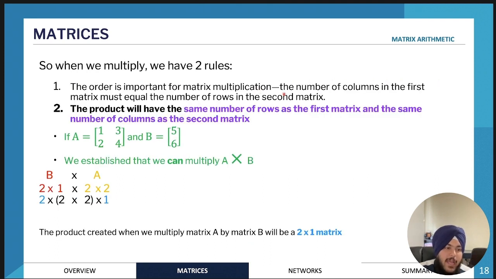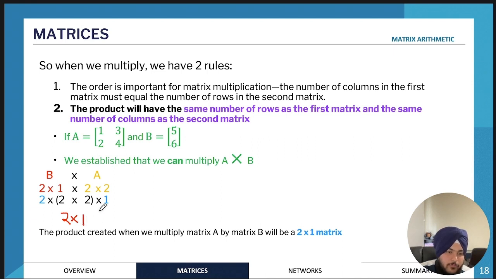The second rule is that if the matrix multiplication can be performed, and the number of columns in the first matrix is equal to the number of rows in the second matrix, so 2 and 2, the second rule states that the number of rows is going to be the same as the first matrix, and the number of columns is going to be the same as the second matrix. So the outside numbers, the numbers that are not in the brackets, are going to be the new order. So the new order of this matrix, once the multiplication has occurred, is going to be 2 times